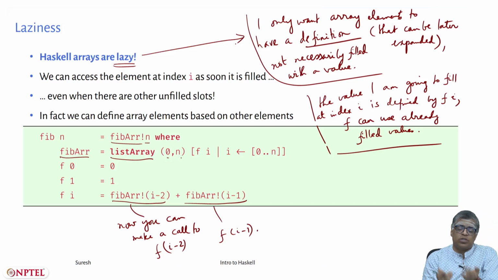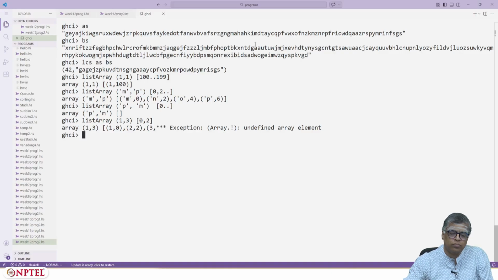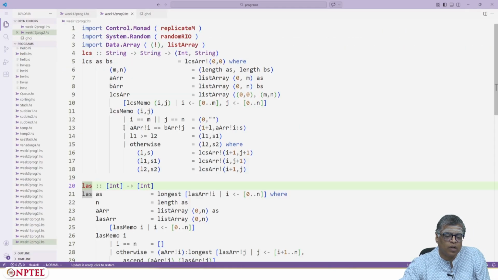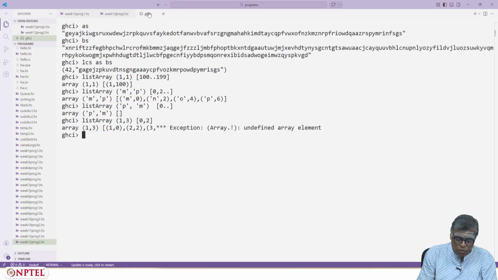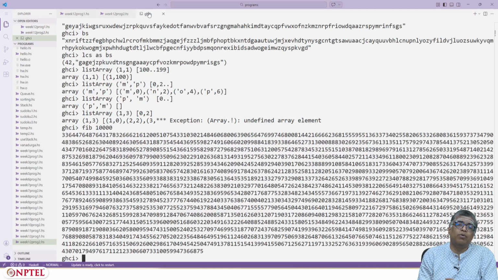Okay, great. This is a program, and you can actually see how quickly this program runs. Let me now go to VS Code and show you this. Okay, here I have a program for fib, which is exactly what I wrote in that thing there. So let's just actually try to do fib of 10,000, and you get immediately a value, because you don't even need any particular cleverness here.